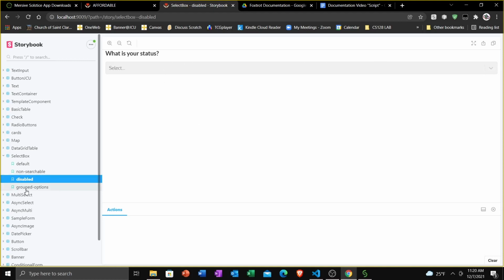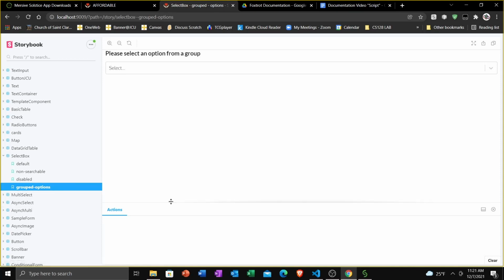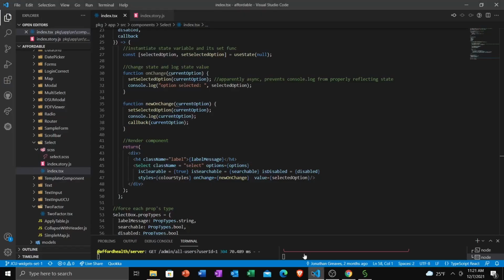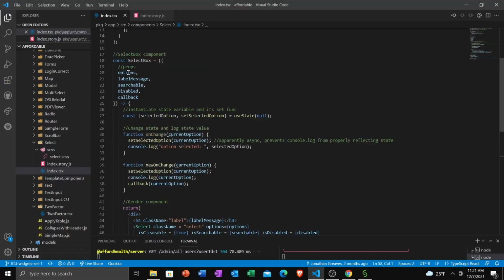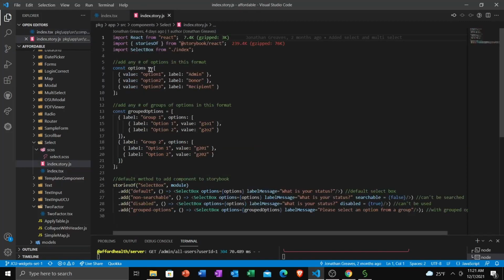Finally, I kind of lied when I said there were two main props that govern this. There's actually a third customizable option that comes from the options prop right here. Normally, you will pass your options in this form, which is a simple array of objects that have a value and a label component. However, if you pass the options as objects containing those objects,